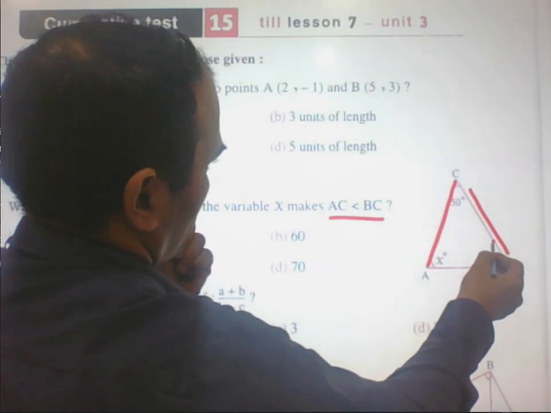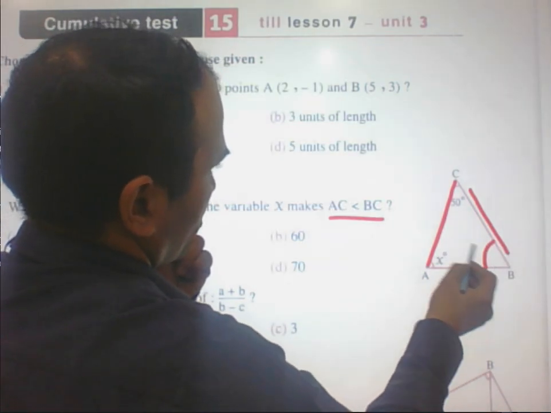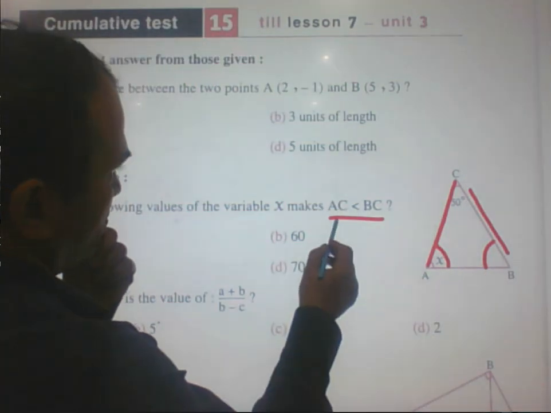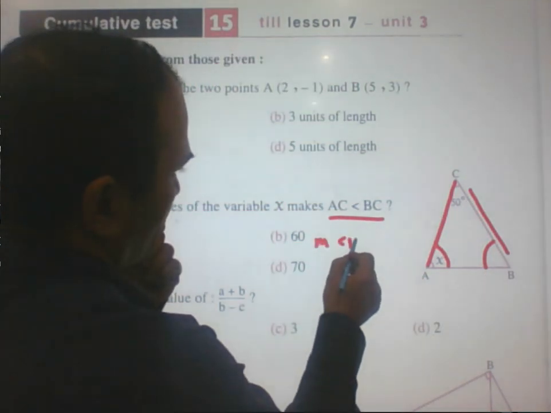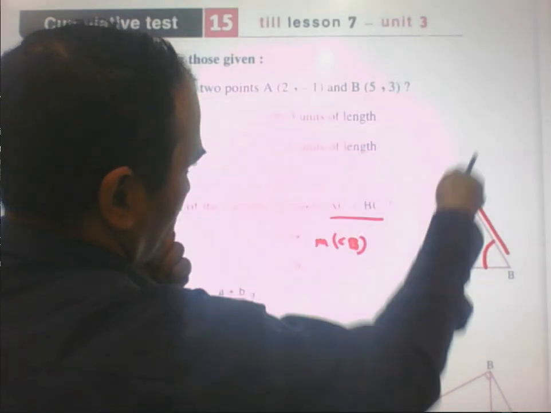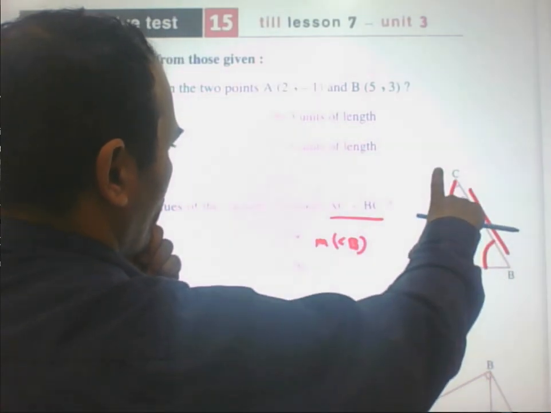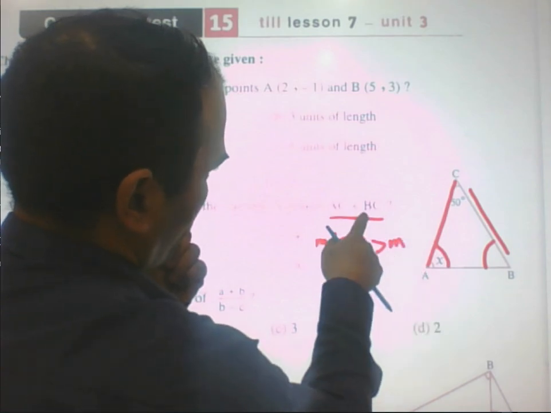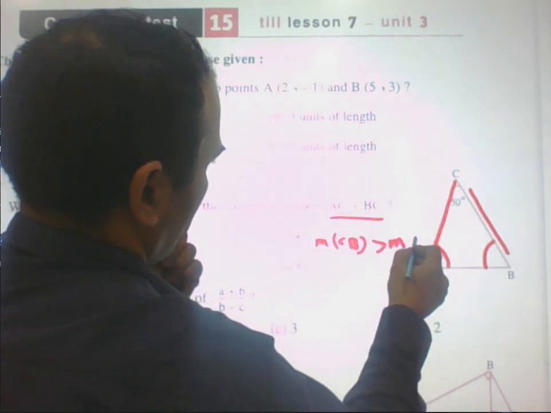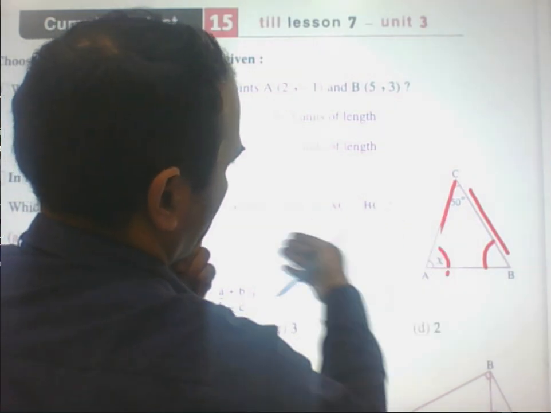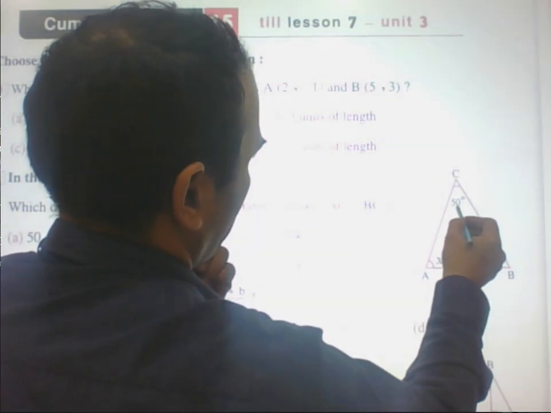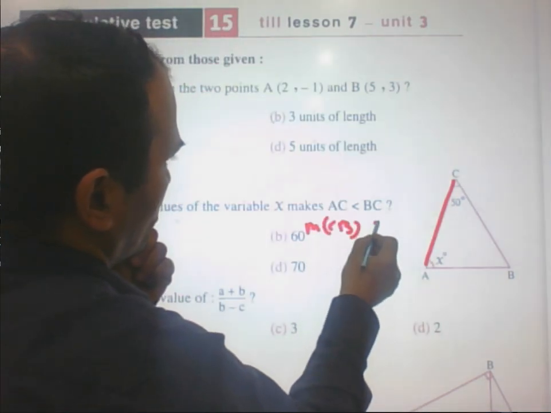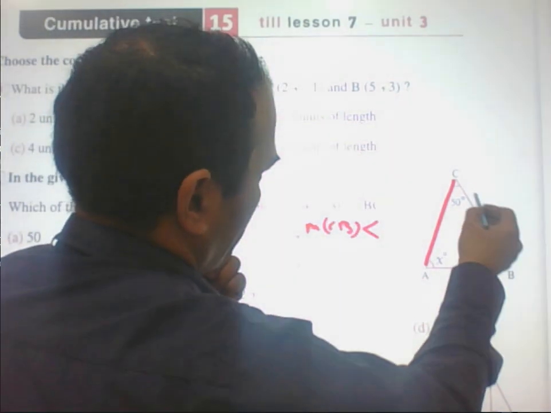So the opposite angle, this angle B, is greater than angle X. We can find the relation here about AC: the measure of angle B, because BC is greater than AC, then the opposite angle of BC will be A. Then the measure of angle B is greater than the measure of angle A, we call that X. Then if AC is less than BC, then the measure of angle B is less than